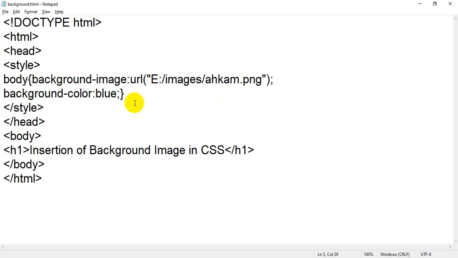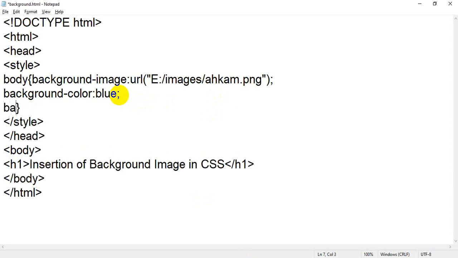Just go back to this property, add background repeat, and what is the value? Background repeat, you have to write no repeat.